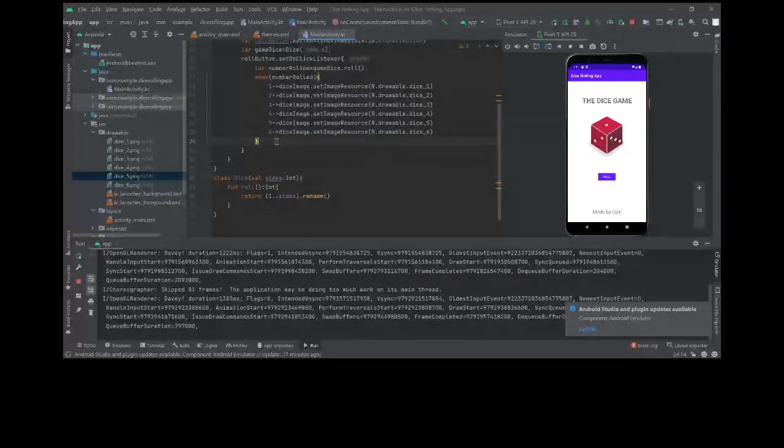Now after this, I don't think anything else is needed in the logic part. So now we will just try running this. Let's see if it works or not. Well, then let's see the doubts. No doubts. Let it finish running.